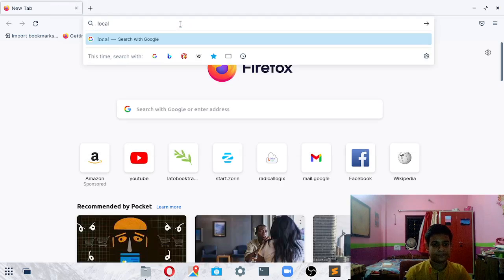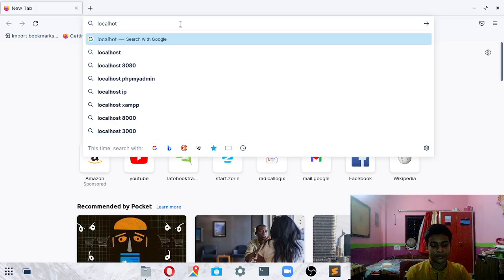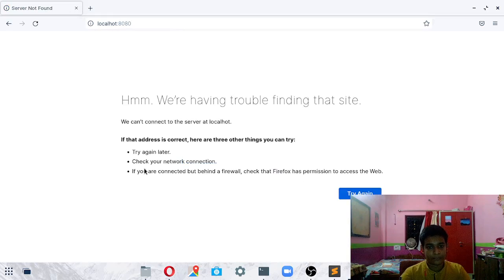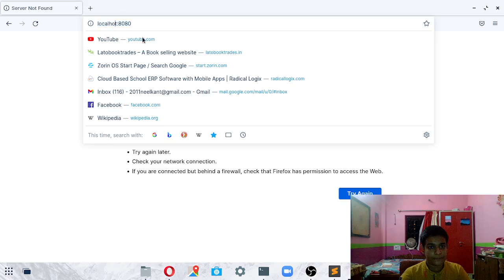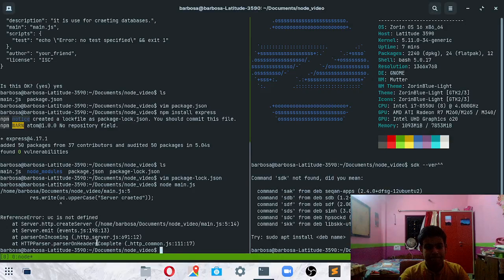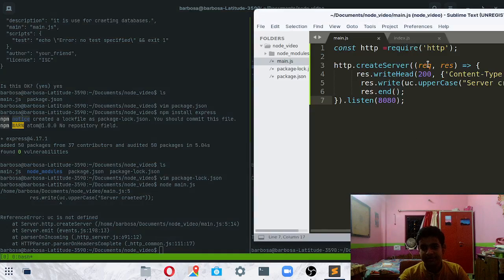Localhost. We are having trouble finding that. Localhost. This is not shown here. There's a reference issue in the server, so we're going to fix this bug.